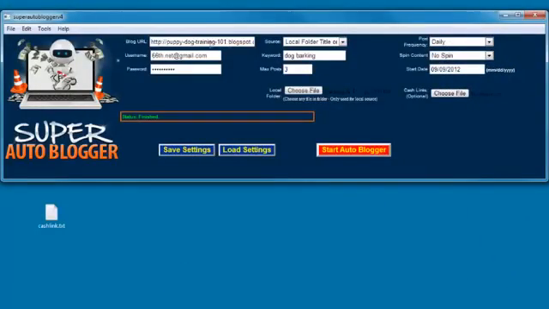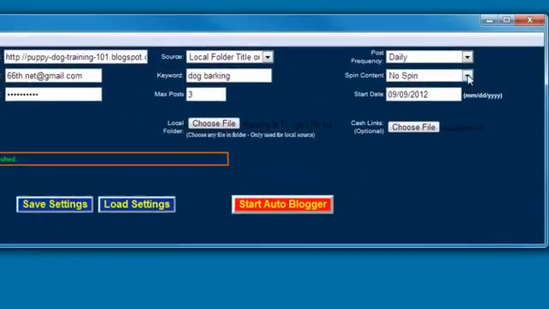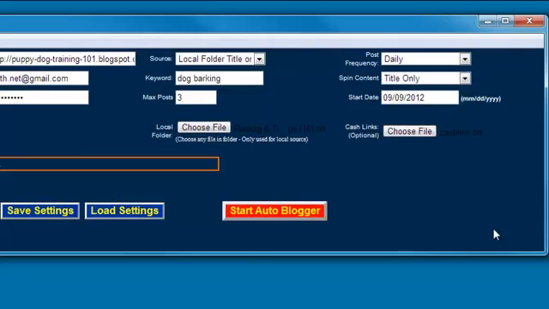And then we'll post daily. We may as well spin the titles this time. And I don't know how many articles are there, so I'm just going to put, I'll do 10. If you're not sure and you want to do all of them, say there's 25 or 30, you're not sure, just put